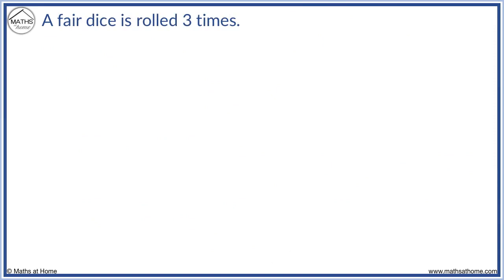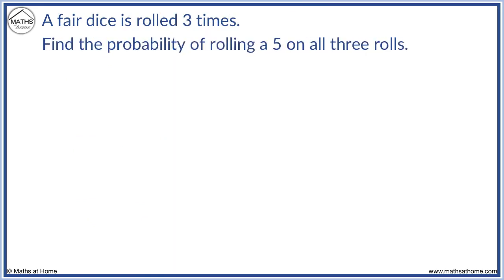Here a fair dice is rolled 3 times. Find the probability of rolling a 5 on all 3 rolls. Rather than drawing branches for all 6 numbers on a dice, we can look at 5 or not getting 5. A fair dice means that all outcomes have the same chance. Since there are 6 numbers on a dice, the probability of rolling a 5 is 1 out of 6. Since the probabilities of each pair of branches must add to 1 whole, the chance of not rolling 5 is